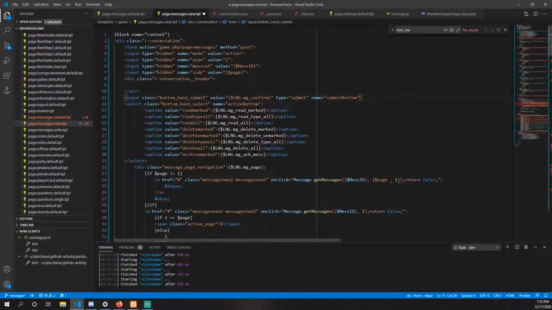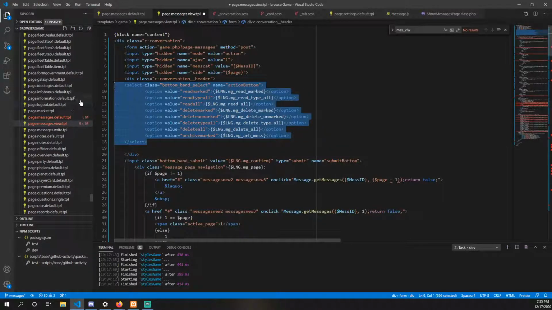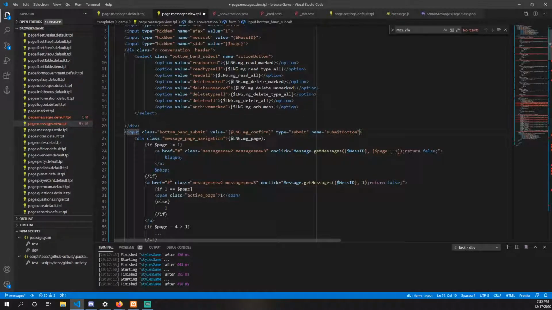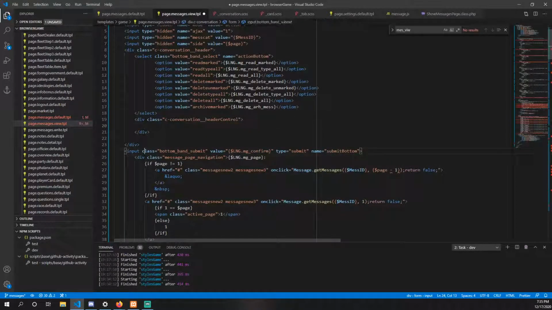Here we will place first of all our select like this. Then we will div C conversation header control, and inside of this